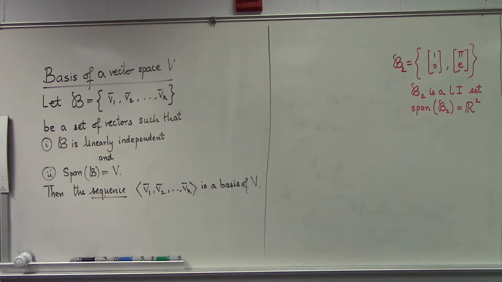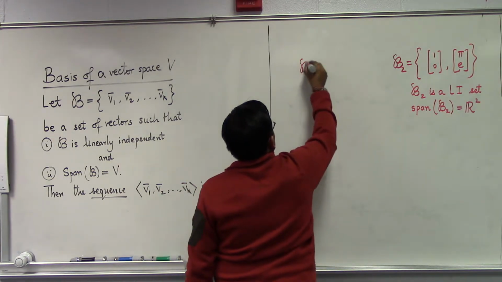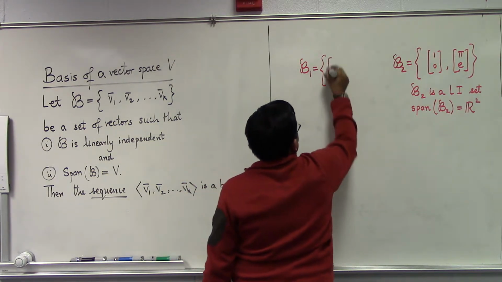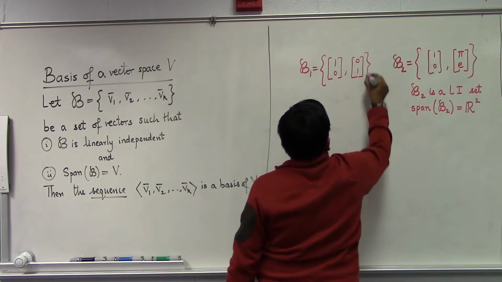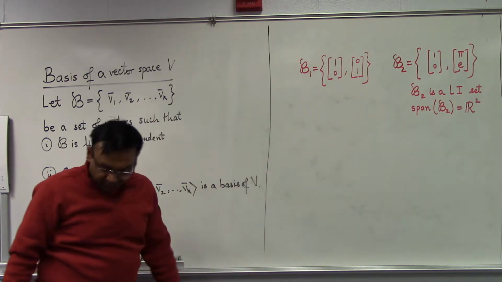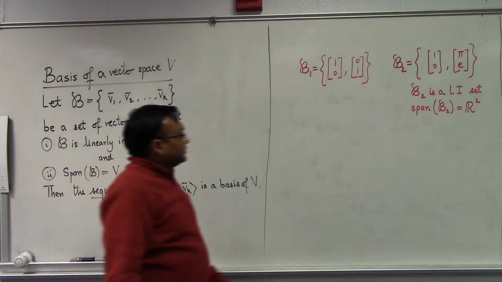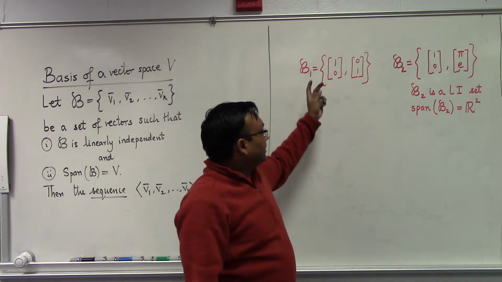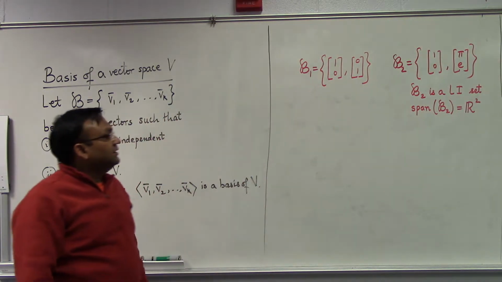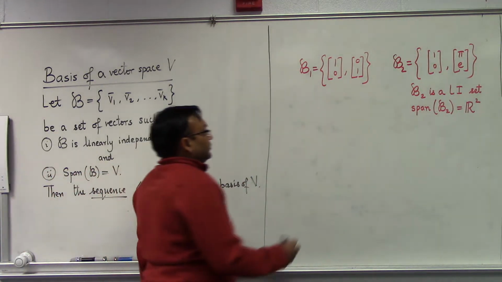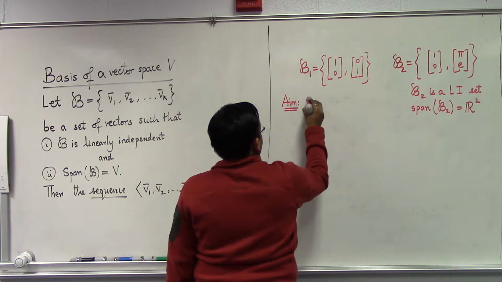In fact, let me try a slightly different approach, which may bring up a very general point for us. Remember, we said here is one possible basis. I'm not really going for the order right now. And I'm claiming that could be a possible basis. Think of basis vectors as generators, which are generating the entire space. So if I can generate the generators, then I should be able to generate the entire vector space. So our aim is to show